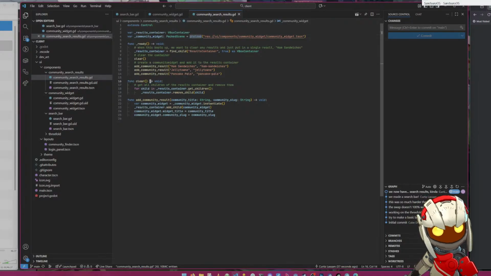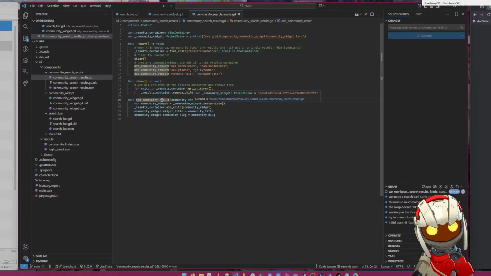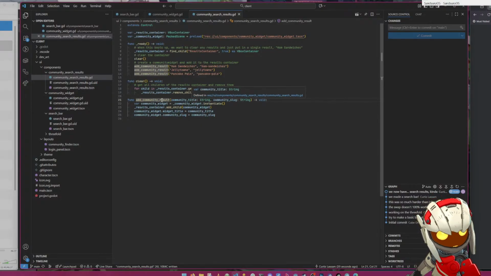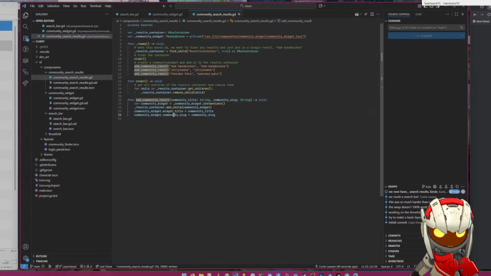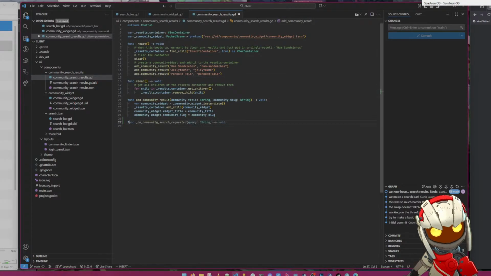See, like a situation where we might want to remove community results from this list, but actually, since it's search results, you don't ever take a search result out of a list, right? So that's not really necessary. But we are going to want a func. We want to be able to detect if there aren't any results in the list and display a loading state instead. So that might be like a func